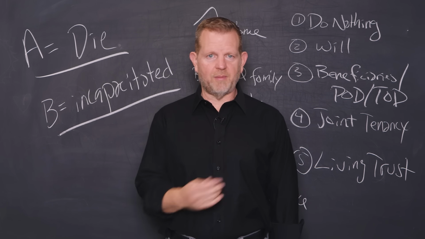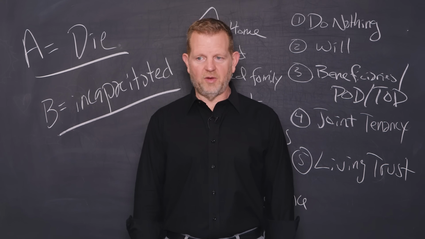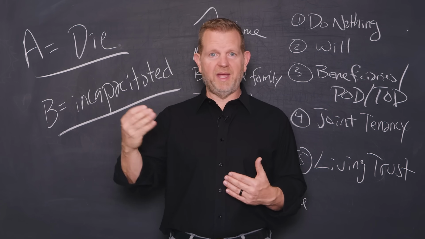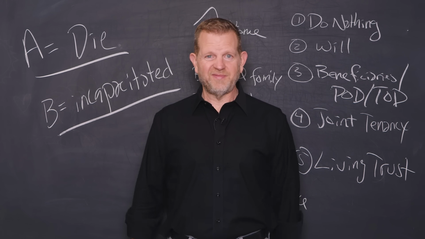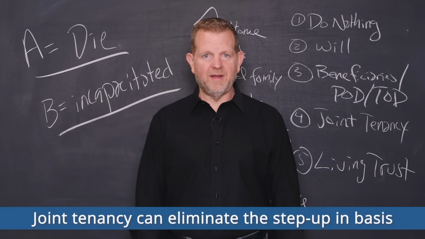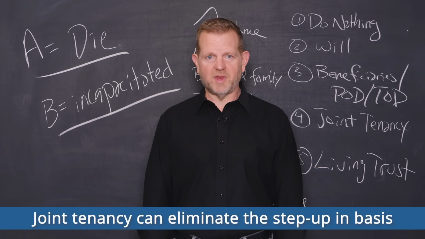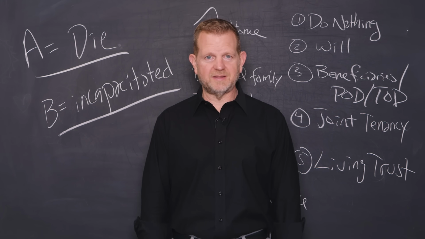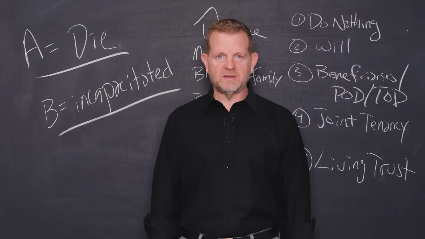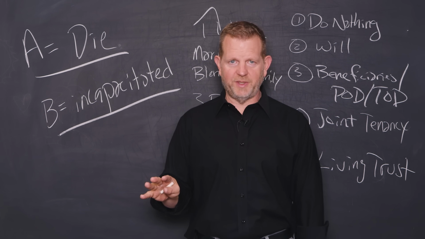And you lost your step-up in basis, which made something tax-free taxable. In other words, normally you have a house, it steps up in basis, but with joint tenancy, sorry, you just lost that. So now something where I could have had $500,000 tax-free, now it's, nope, you made a taxable gift. They have your basis. So they sell it, they're going to pay tax. So it can be a bit of an out situation.